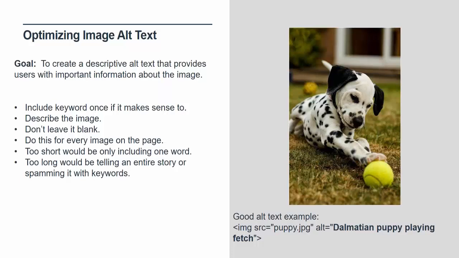I wouldn't say that you need to do this for each and every image on your page, but if you had something like a product page, you might want to do alt text on your products. Your logo probably makes sense, but I don't know that it makes a ton of sense to do in your footer. Like, let's say you accept Visa and MasterCard. That's probably a little too much; there are better things you could spend time, energy, and effort on than trying to put alt text on each image.